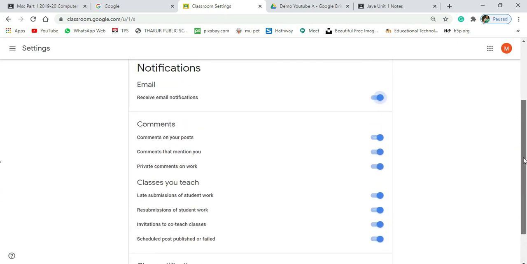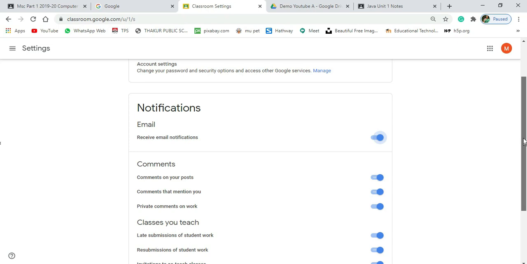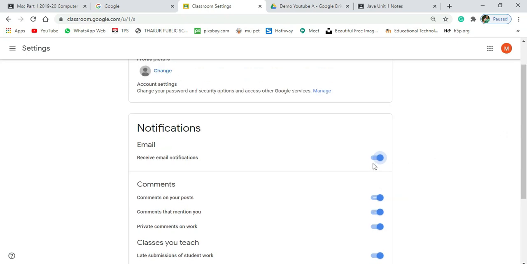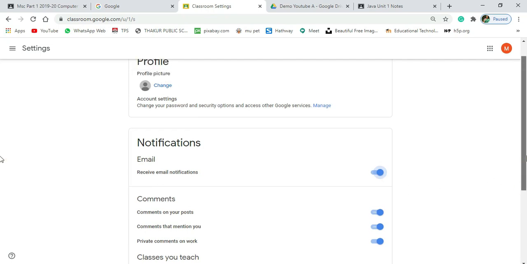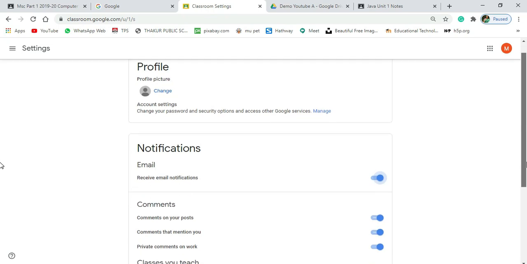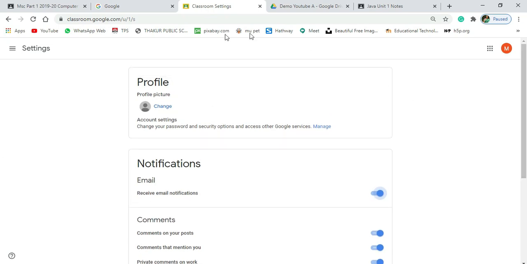No notification will be sent to you by Google Classroom. So always select this receive email notification, and students also feel amazing that they have submitted, they have received some quizzes and all that.